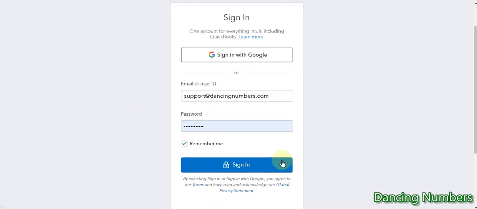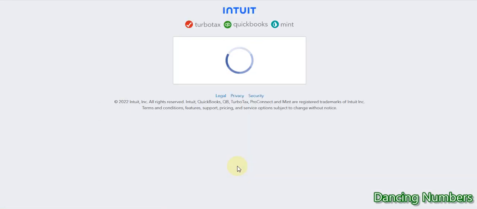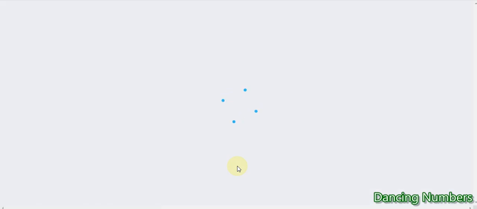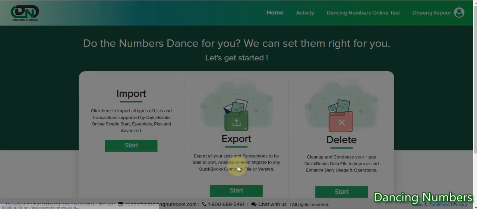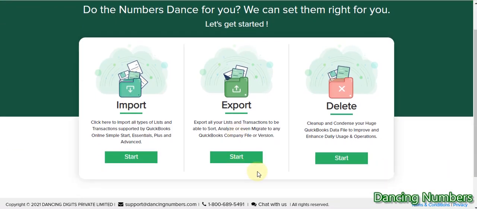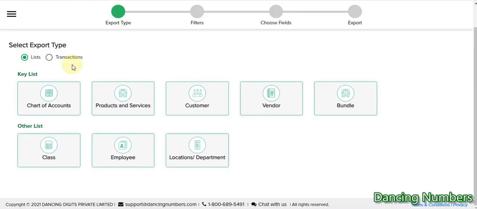And here we go, sign in with Intuit, and it's signing in, trying to connect to Intuit's website or to the Intuit server. All right, once again, you click on start for the export. Next step, if you would like to export any of your list, you can select that accordingly, or you can